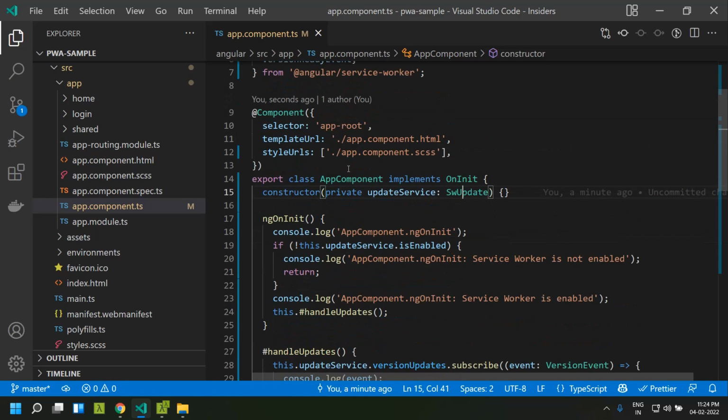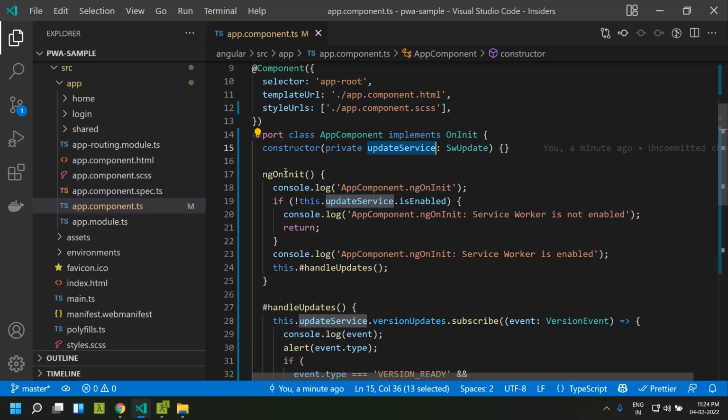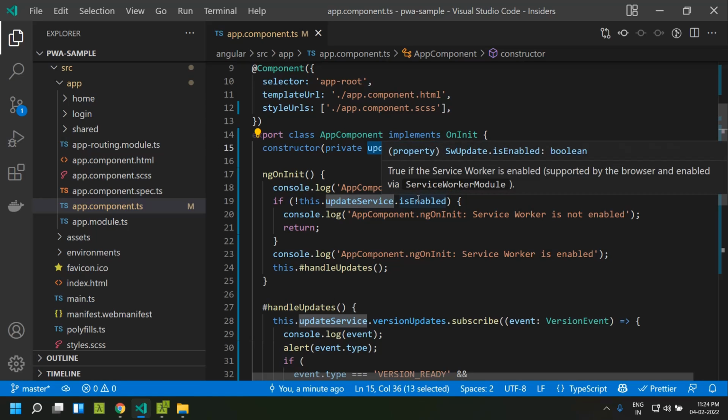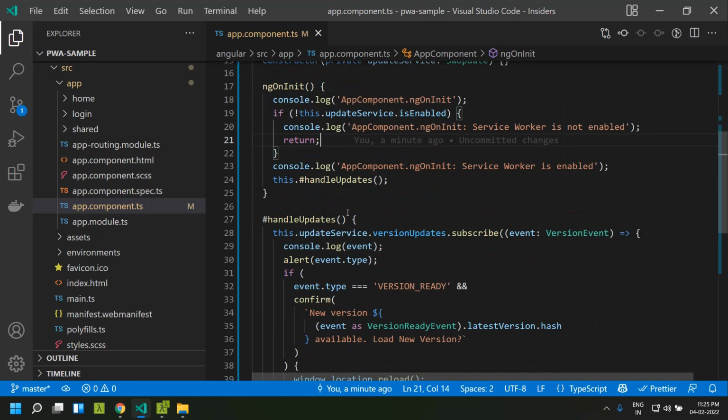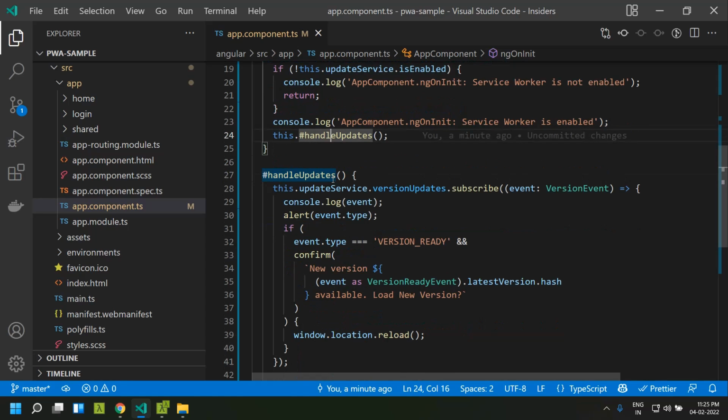So here, within the app component, I have injected the SwUpdate and named it update service. This consists of a key called isEnabled. Using this key, we can check whether the service worker is supported by the browser. In case it is not enabled, we are logging to the console and returning. And in case it is enabled, we are adding some logic to handle the updates